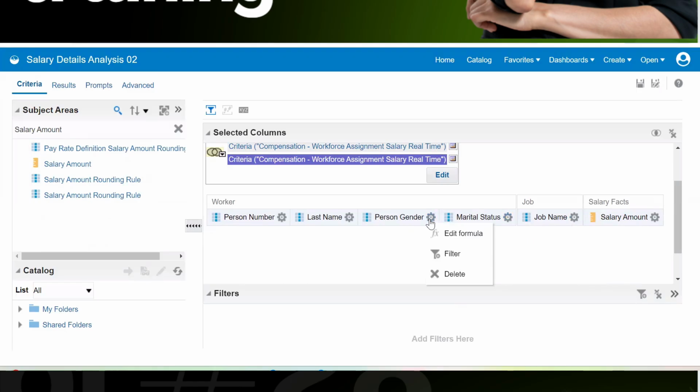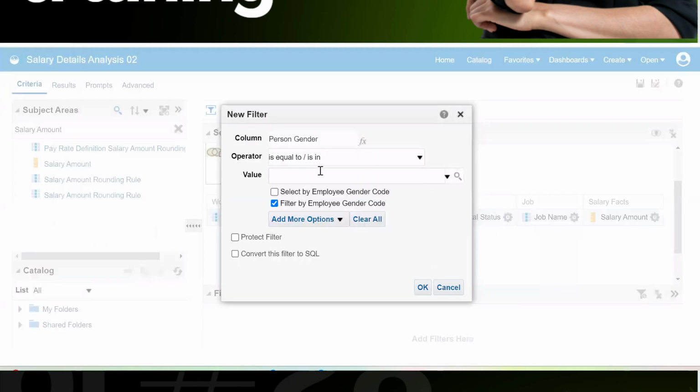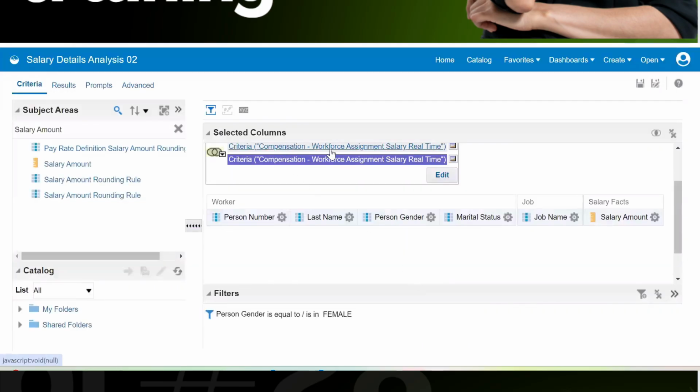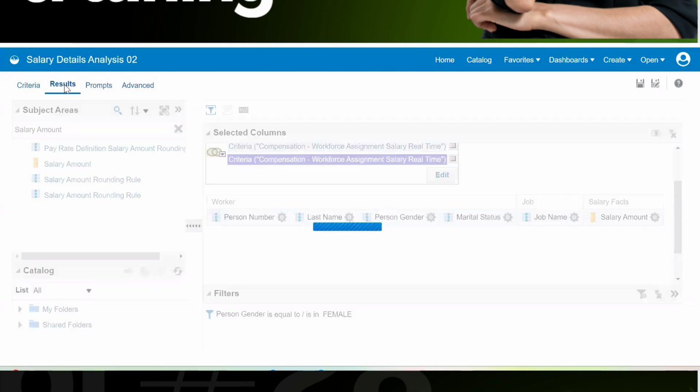And here we will add a filter criteria. The filter criteria says that we need to bring the value for female. So the first query is getting us male, the second query is getting us female. If we run only the first query, it will get us some data. If we run only the second query, it will give us the female data. But we are making use of a set operator, and here the set operator is union. Union means it will bring us the data from the first query as well as the second query. The first query contains only male, the second query will contain female. So the result should contain both the data, right?